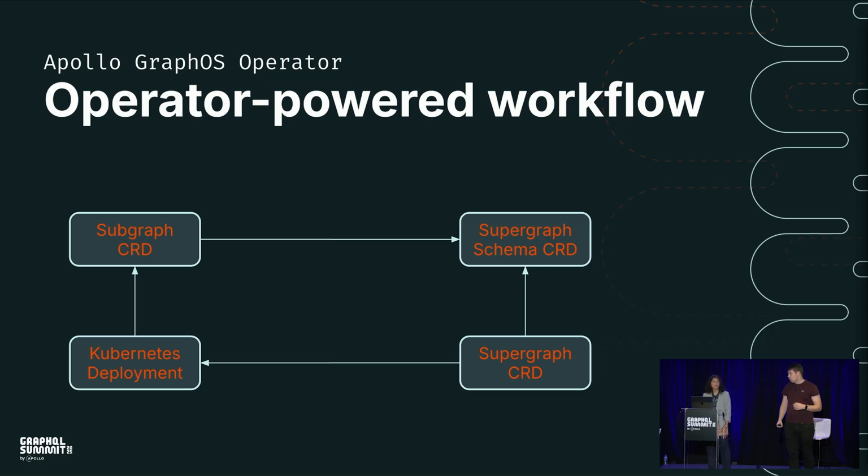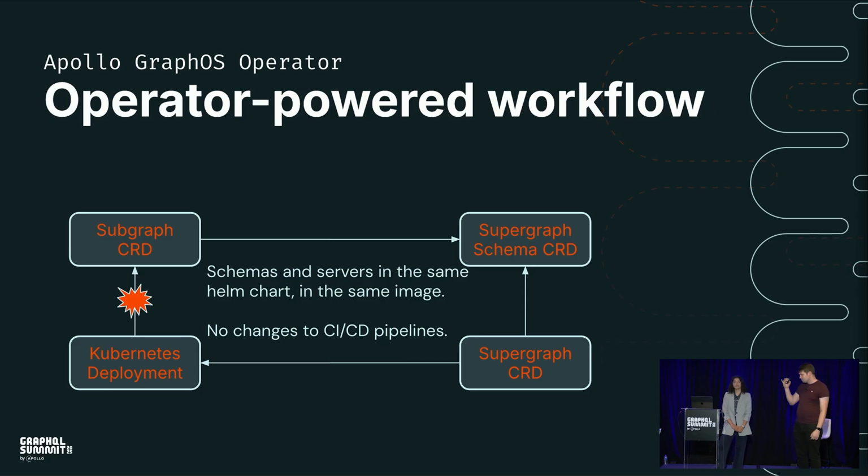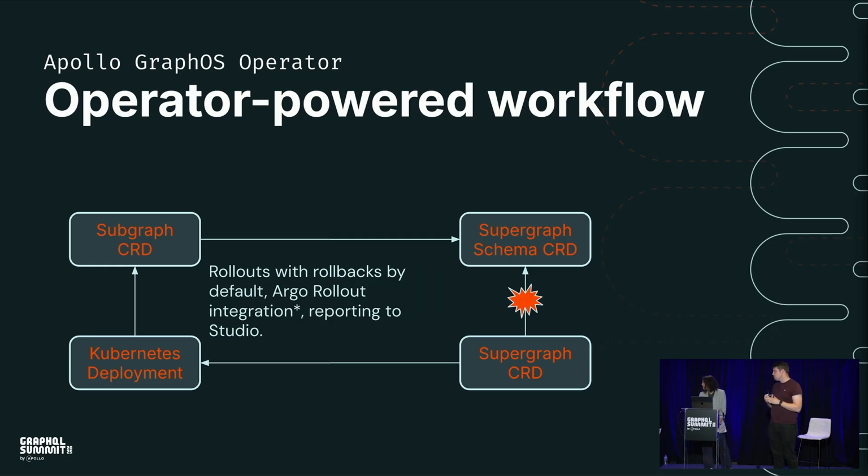What we have done is to invent these different custom resources and also utilize Kubernetes deployments, the existing resource, to allow the operator to solve a lot of the challenges that we saw in the previous slide. By way of example, by utilizing a Kubernetes deployment and also the subgraph CRD, you can store your schema and server inside of the same OCI artifact, and then you don't have any issues with keeping things synced together. In addition, you can also do rollbacks